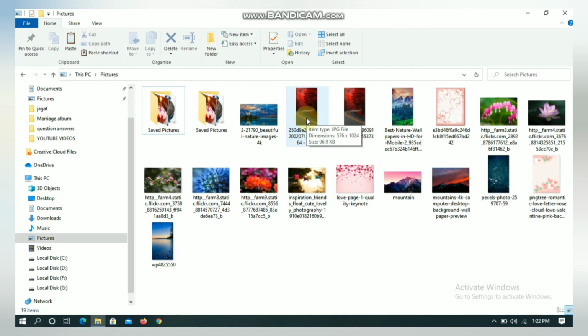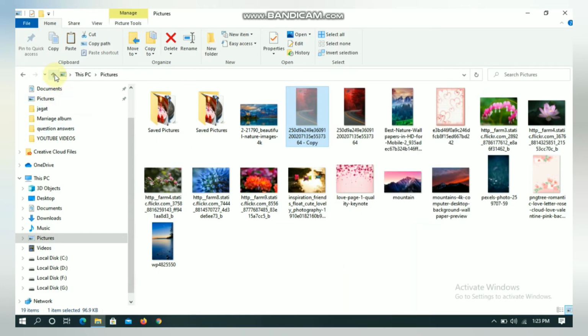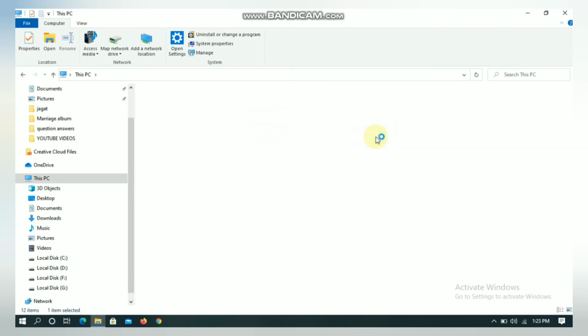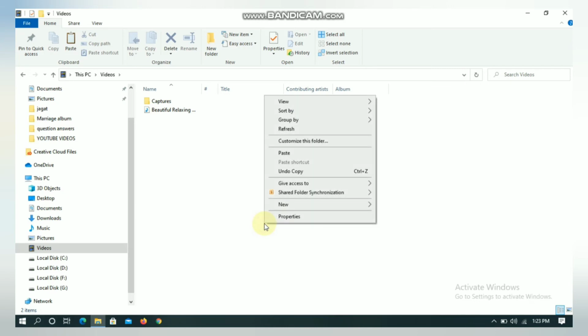So for the same we just right click and we will get an option Cut. We will get a Cut option, we cut it and we will move to the next folder. Here I am going to Videos and then I am just right clicking again and clicking on the paste option.